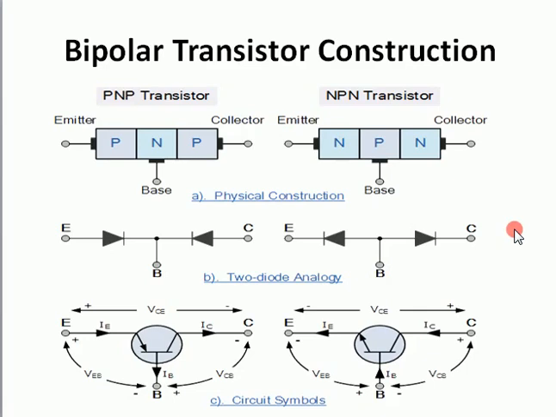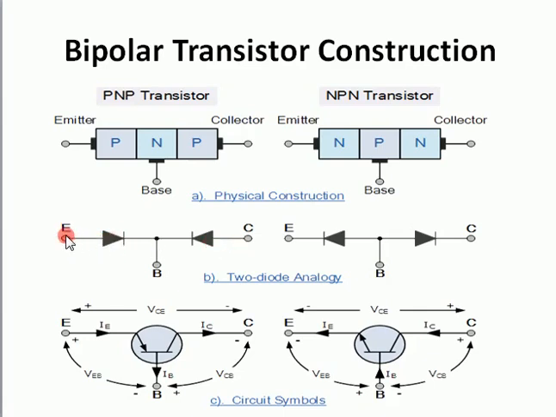Now as I said, the transistor is formed when we connect two diodes back to back. So here you see this is the PNP transistor. How is it connected? As I said, in PNP, N is common, so both N terminals of both diodes are connected. This is the cathode of one diode and this is also the cathode of the other diode. Both are connected with each other, and this is P and this is also P. That's why it is known as PNP.